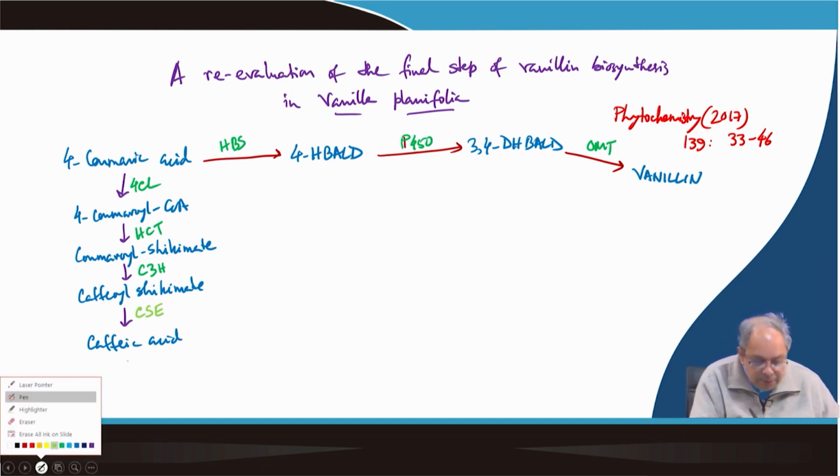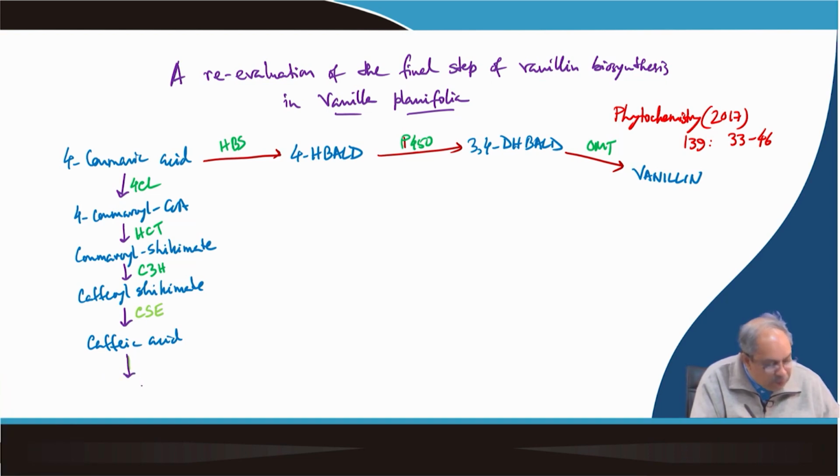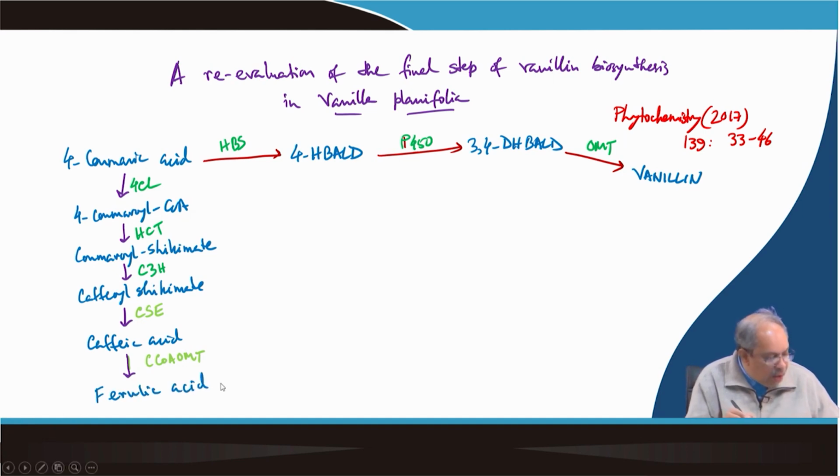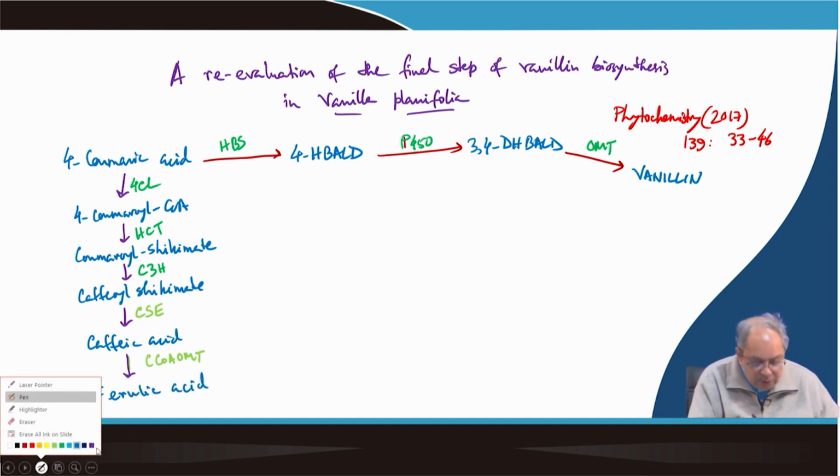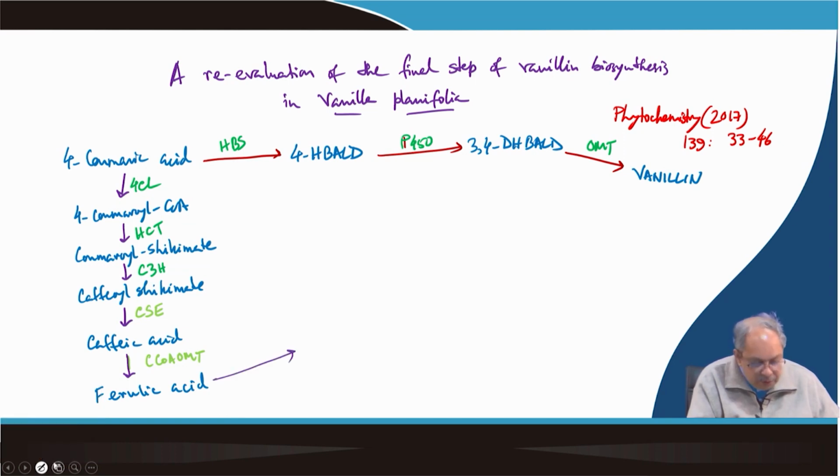And this, by the action of the enzyme CCOMT, sorry, will make ferulic acid. And this ferulic acid will be converted into coniferaldehyde,